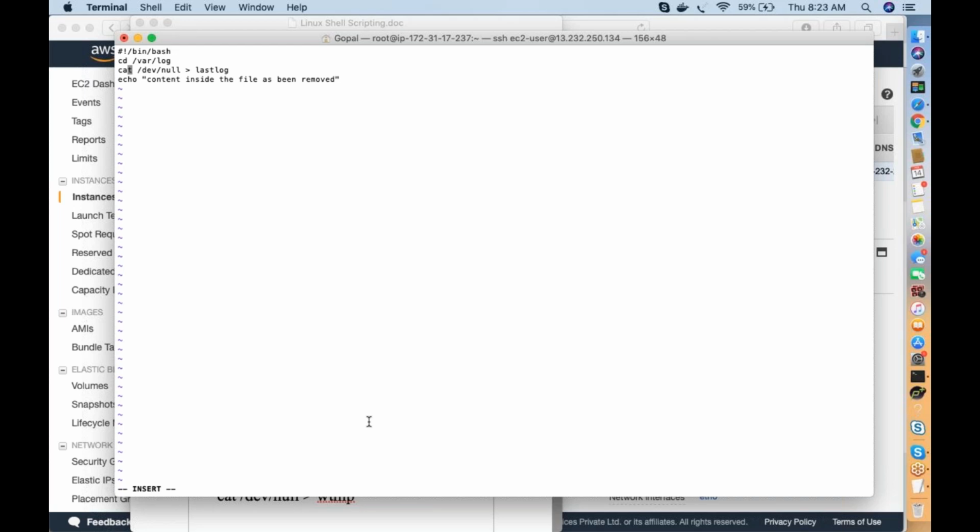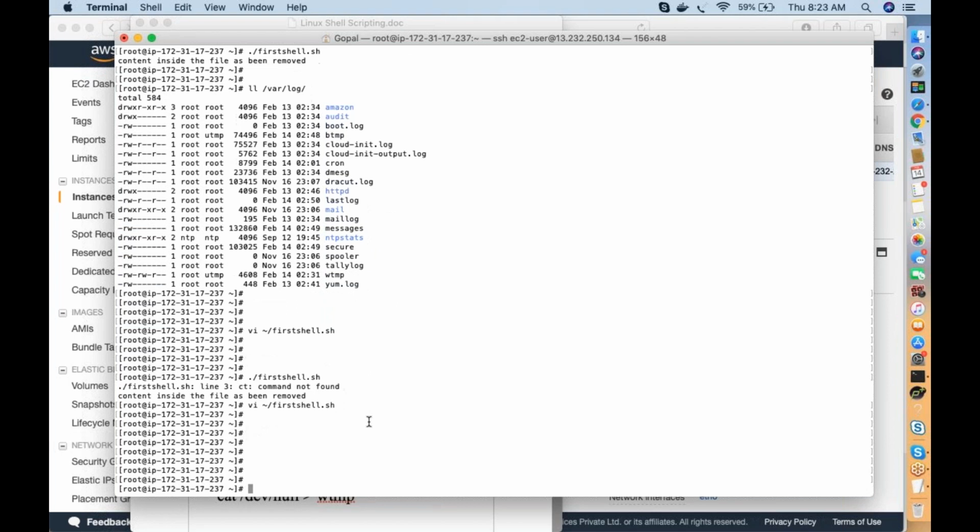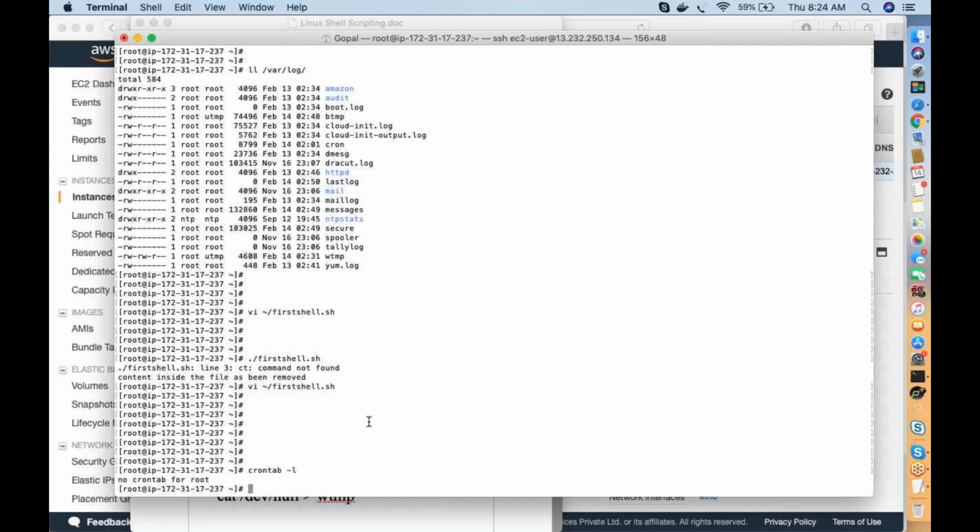Okay, and is that tab nothing but a UI, or do we have to do it through the terminal window? Cron tab is the one which helps you to run something in the background inside the Linux server. Now you do crontab -l, enter. See, no crontab has been set. Crontab -l means list the crontabs which are set on my server.